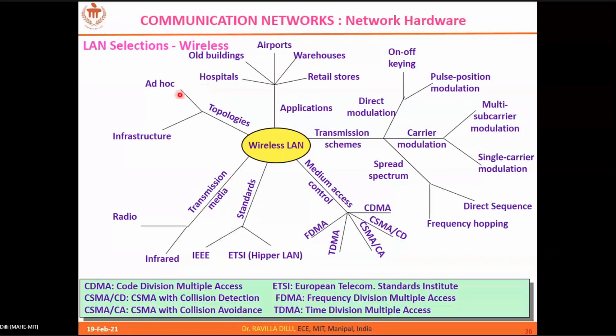Okay. And here, if you look at the topologies, it is not a regular topology like what we have discussed, like ring, star, and so on. It is not possible to maintain such topologies for wireless LANs because the medium is a wireless channel, which is a radio channel. So there won't be any predefined topologies that you can expect for your network. So we can classify the topologies as ad hoc networks and infrastructure-based networks.